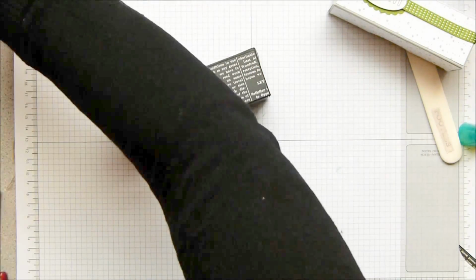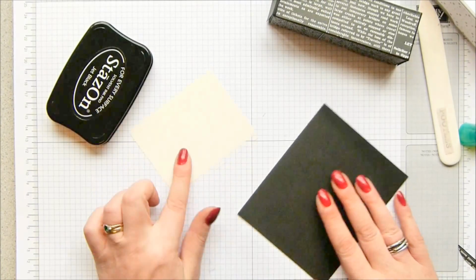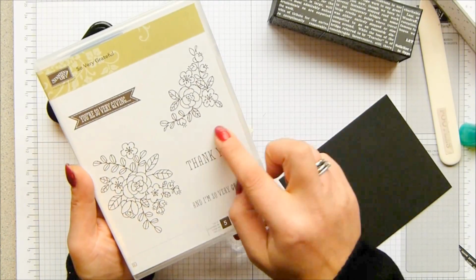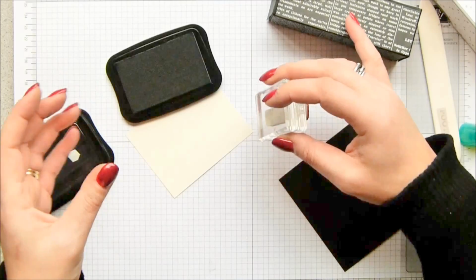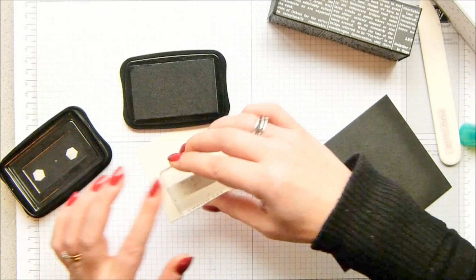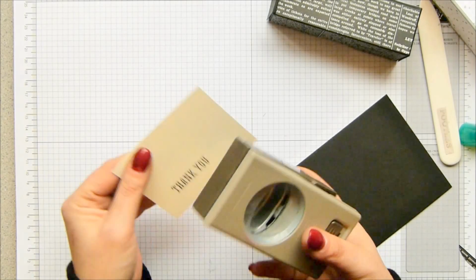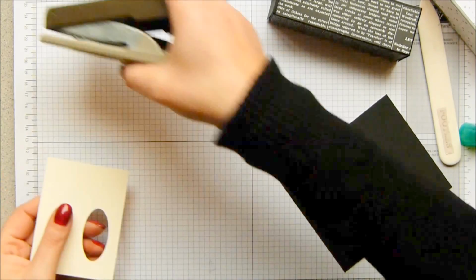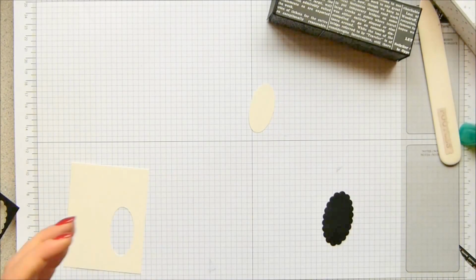Right, I have got some more basic black cardstock. I've got my black Stays On ink, and I've got some Very Vanilla cardstock because it's vanilla in the background here. I've taken the thank you from the So Very Grateful set. That's this one here, and I love it. It's a nice font, and I kind of liked that it sort of matches this one here. So with the black Stays On, straight onto the Very Vanilla, and then I'm going to use that same punch again, the large oval, and it fits just nicely in there. And then the scalloped oval onto the bit of basic black, and now I'm going to wrap the ribbon round,